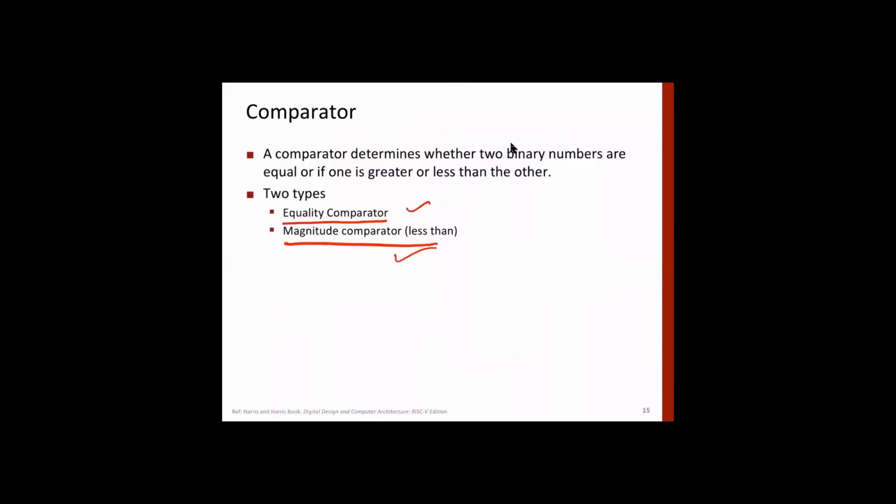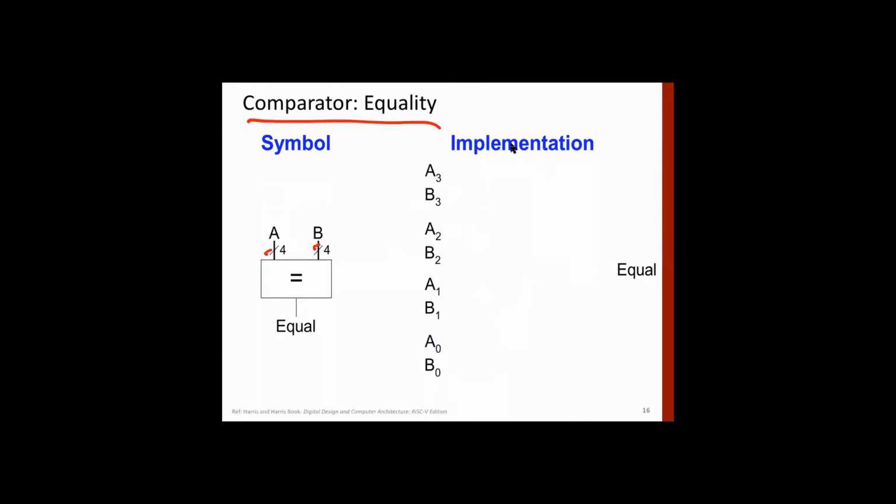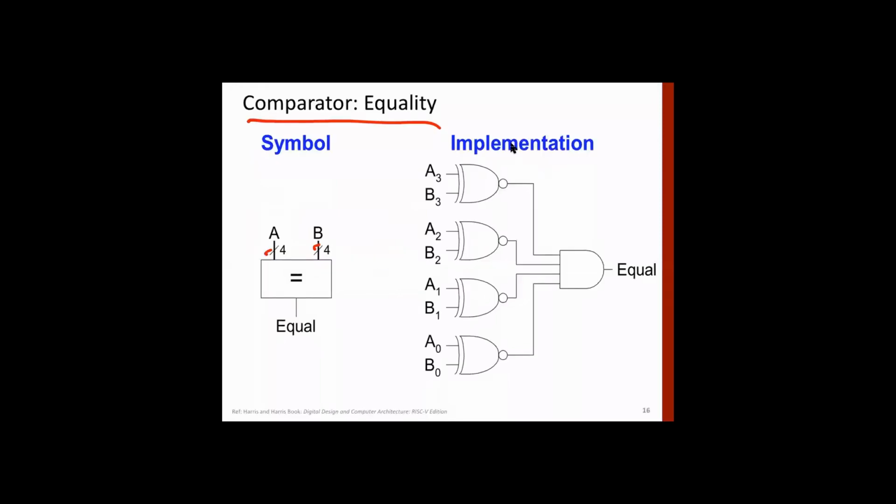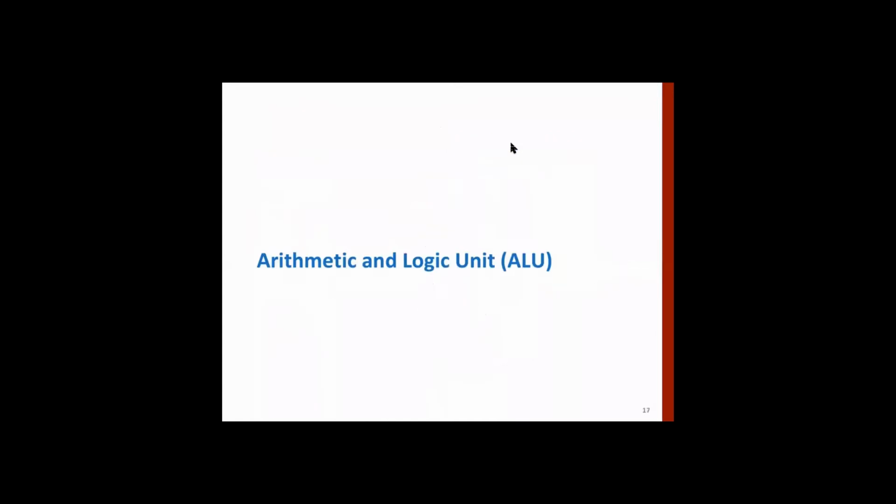When we say branch on equal, when two numbers are equal, then branch. If we are comparing two numbers and both are the same, then the output will be 1. So in the ALU these signals must also be produced, and for that we need comparators. Till now we have briefly studied adder, subtractor, comparator, and of course multiplexers. These are important parts of the data path.